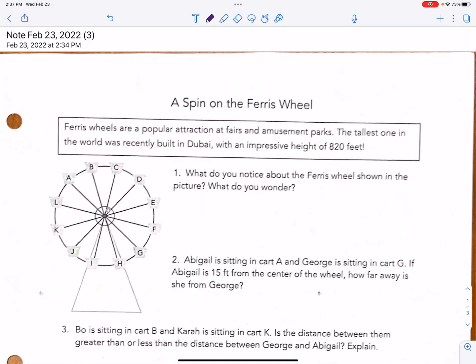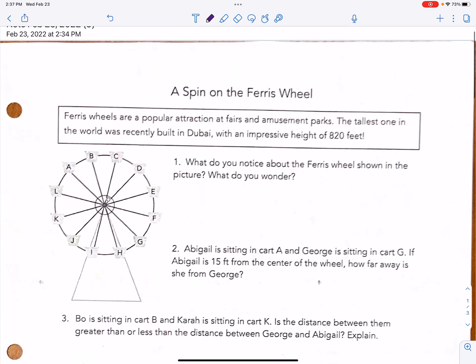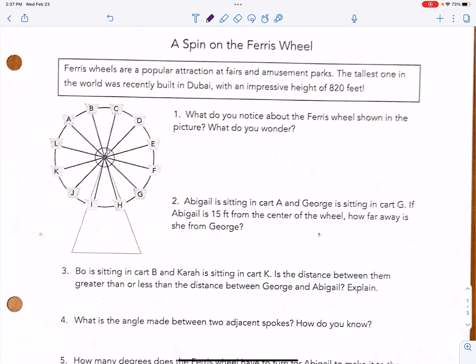Okay, so Miss Headley gave you this sheet and you were supposed to go through and write out some answers, kind of what you thought. There's really no right or wrong here. I just wanted you to explore the picture, see what was happening. So if you wrote in pencil, that's fine. If you have a pen, another color, or if you're going to erase, that's fine too. I just want to make sure that you get down the things that I say. So if that's not what you wrote, just make sure you've got something similar or write out notes in the